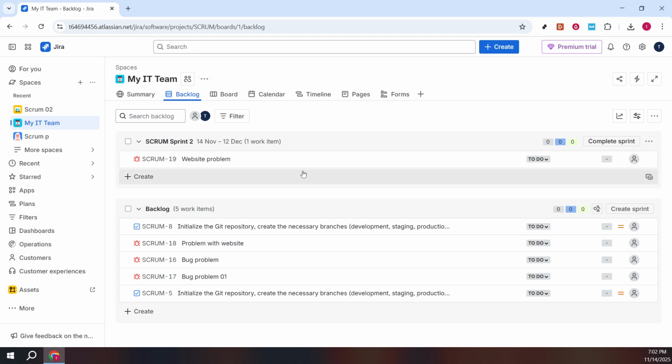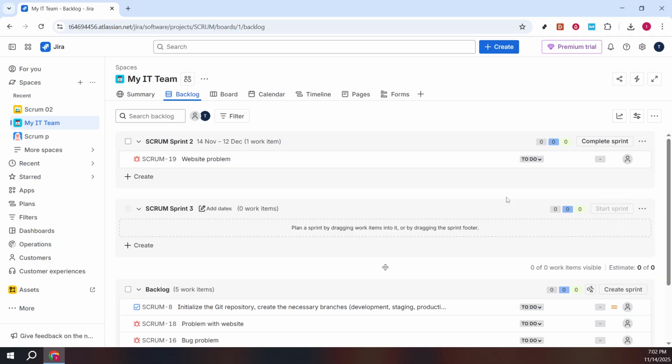In the backlog section, there's an option to create sprint. This function allows you to plan a period of work on your tasks. Click on Create Sprint, as this will lead you to further options in organizing your task, including the bug you're